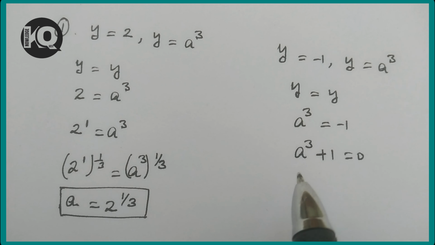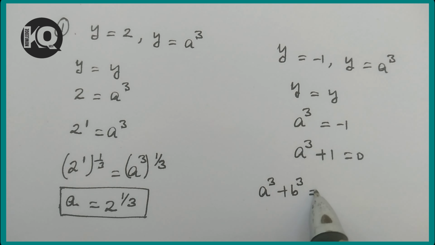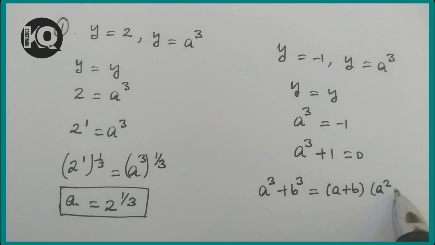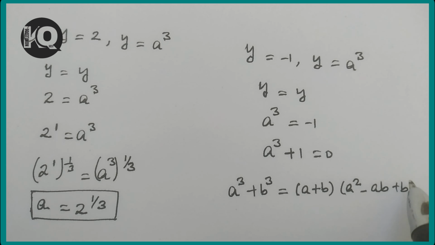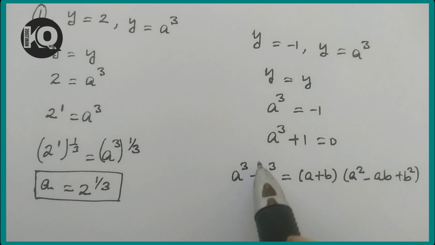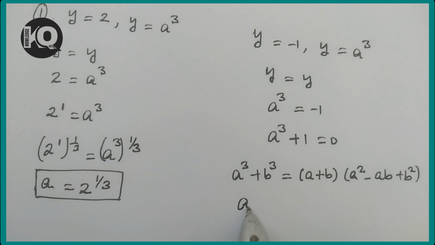From the algebraic identity we know that a to the power of 3 plus b to the power of 3 is equal to a plus b times a square minus a times b plus b square. So applying this identity to this equation, a to the power of 3 plus 1 is equal to